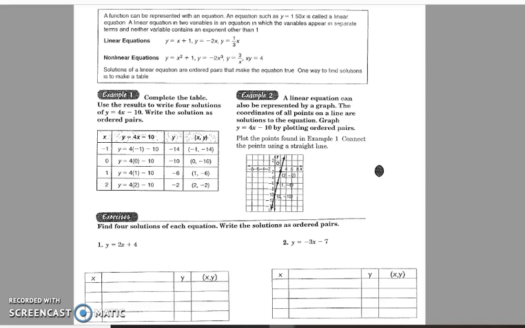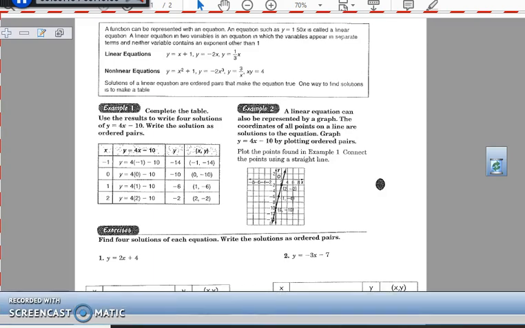Okay, excuse me, make sure your packet is open to 8.2 Study Guide, Linear Equations in Two Variables. So if you are on the 8.2 Study Guide, you are all set. All right, so hopefully my pen works better today